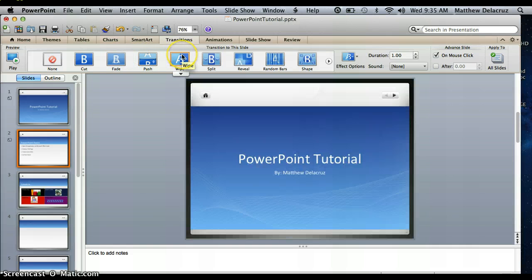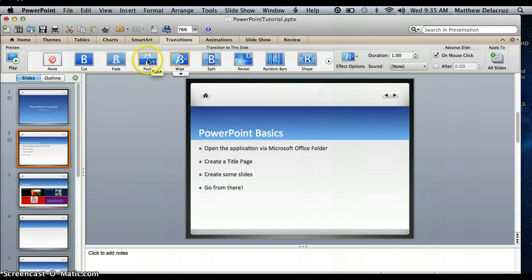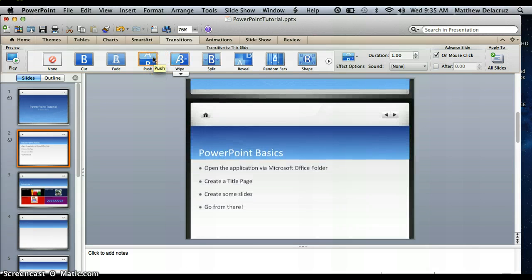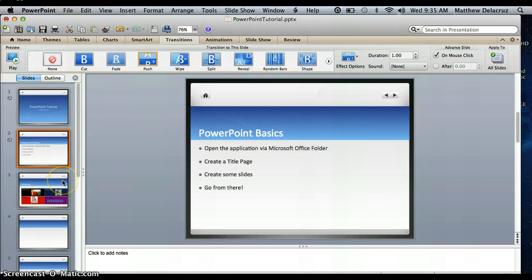Push looks pretty nice. You want to wipe, and wipe looks pretty nice too. For my personal preference, I would choose push. I don't really recommend transitions because for a lot of your PowerPoint slides, it kind of slows down